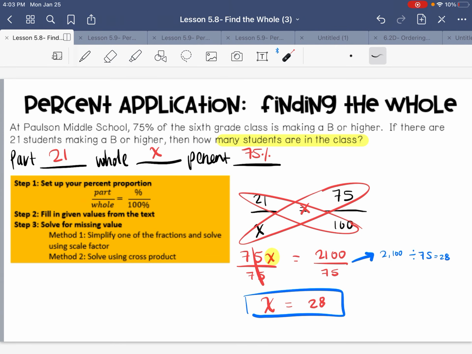X equals 28. What does it mean for X to be equal to 28? That means that is how many students there are in the class. That is how many total students there are in the class. So I can say there are 28 students